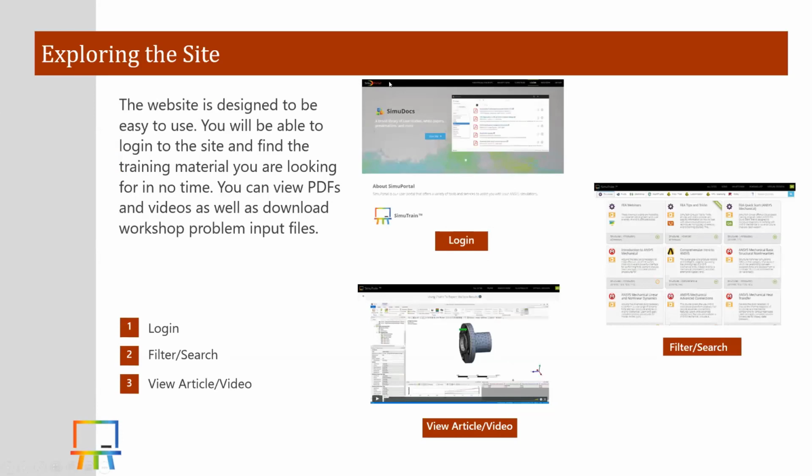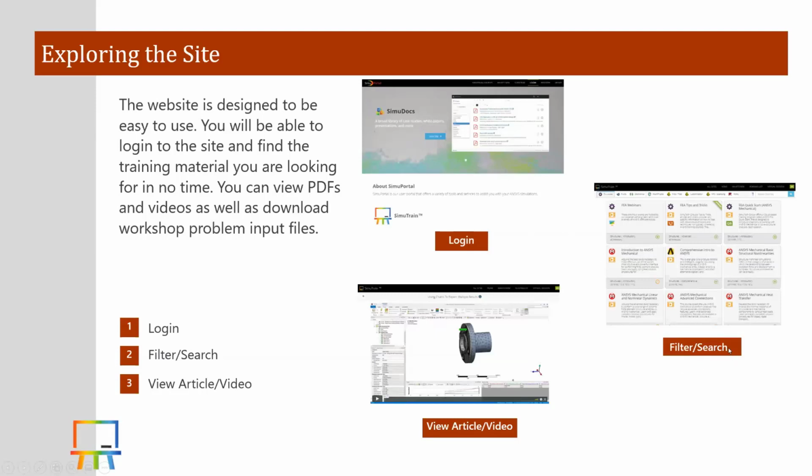So let's explore the website. Like many authenticated websites, this website is also authenticated. The first thing you do, once you register and create a password, is log into the site. When you log in, you see all the different courses that are available, and based on the discipline that you are in, fluids, structure, electromagnetics, you get the courses in that category, and you do